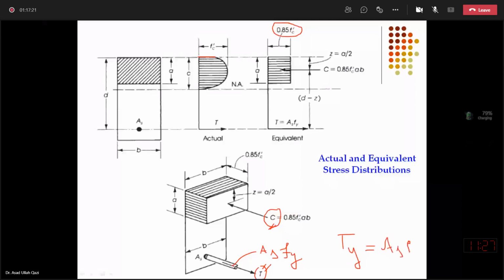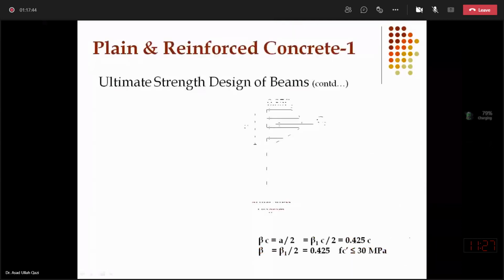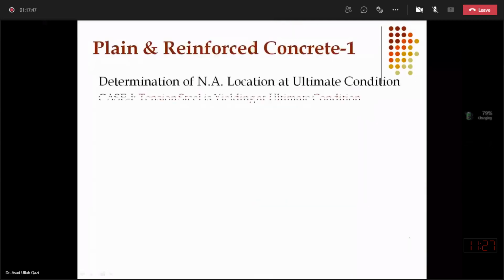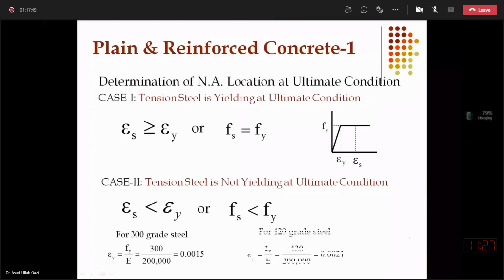And although in steel we have strain hardening and the failure is above Fy, we will limit the stress for our equations up to Fy in USD. So the question will arise: when we are talking about the ultimate stage and we want to fix the location of the neutral axis